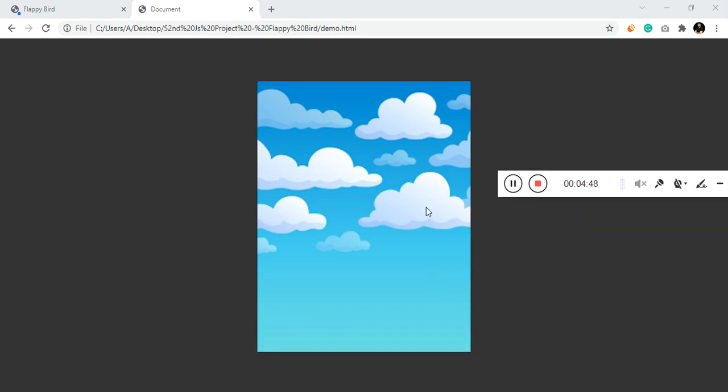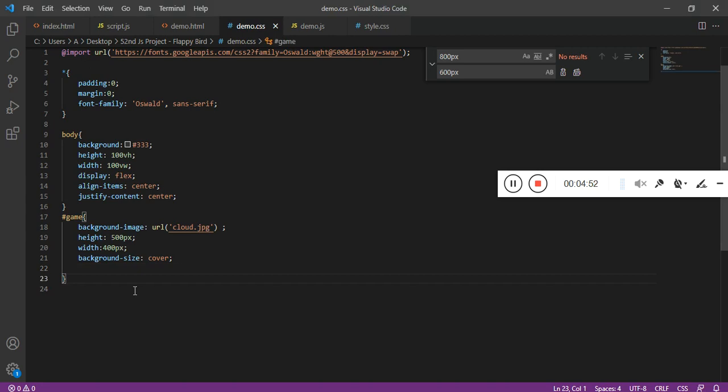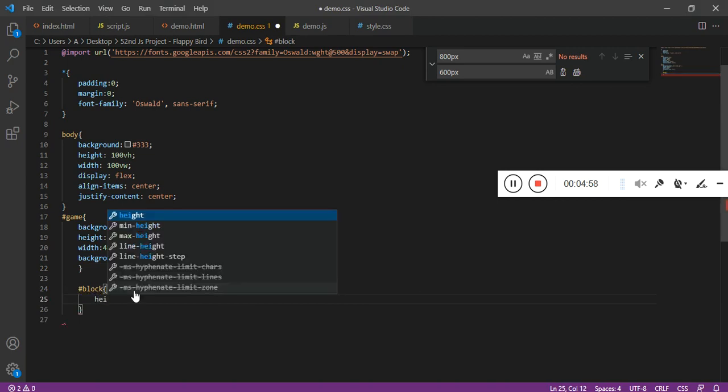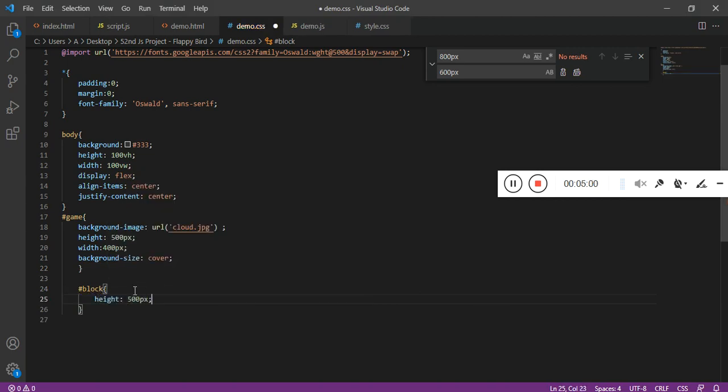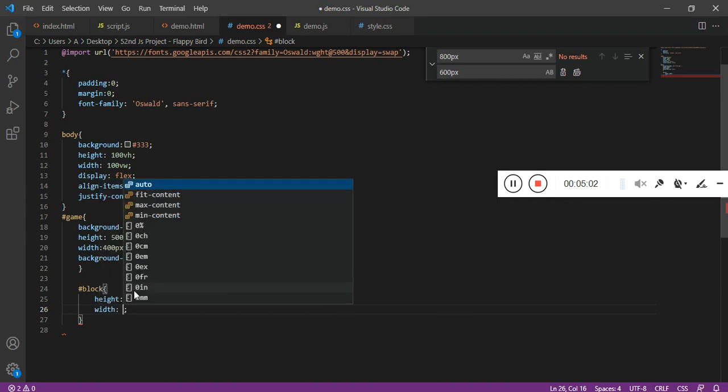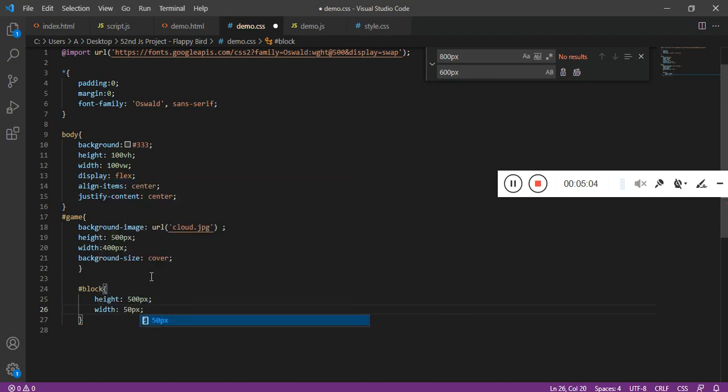Now let's move forward by adding the block. If you notice, the height is going to be 500 pixel like the parent. The width, let's make this 50 pixel, and let's have the background for this as rock.